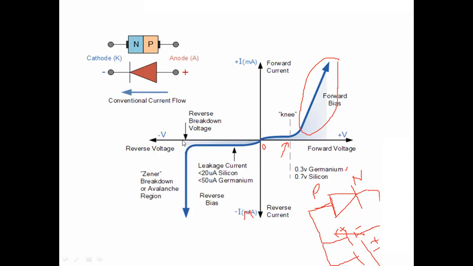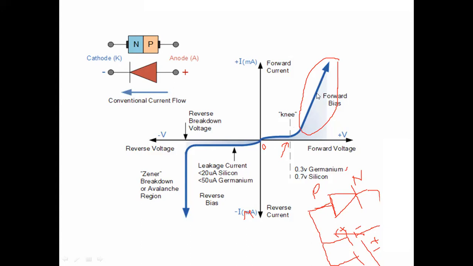After this, we cannot increase the voltage, because at this point the diode acts as a short circuit. More current will flow, and this amount of current we have to control. Based upon this breakdown voltage, there are two types of mechanisms that happen: Zener breakdown and avalanche breakdown. This particular region corresponds to the Zener breakdown region or avalanche breakdown region. These concepts we will see in the next slides. So I think you may understand this.